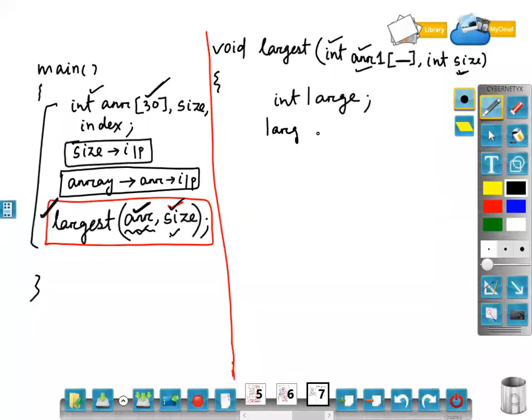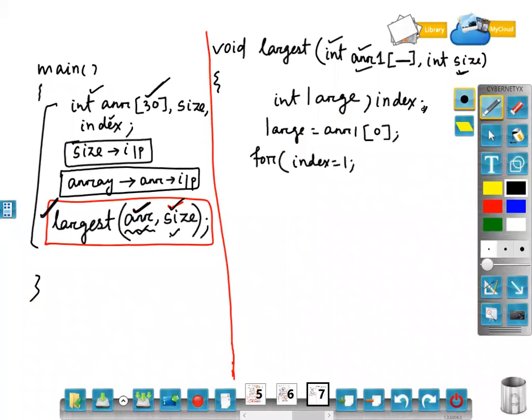So I am assuming array of 0 is the largest one. Clear? Then I'll start. What will I write? Index equal to 1, but index is declared inside main. It is not declared inside largest. Clear? So I have to declare the index variable again. Otherwise I cannot use it.